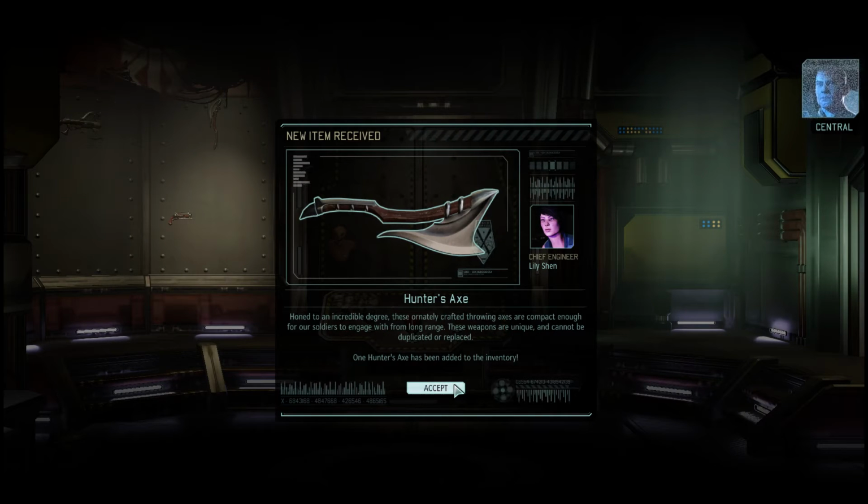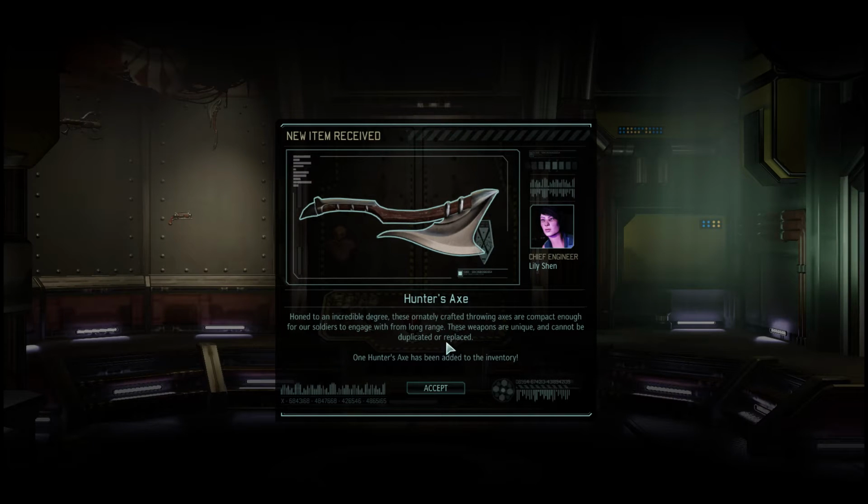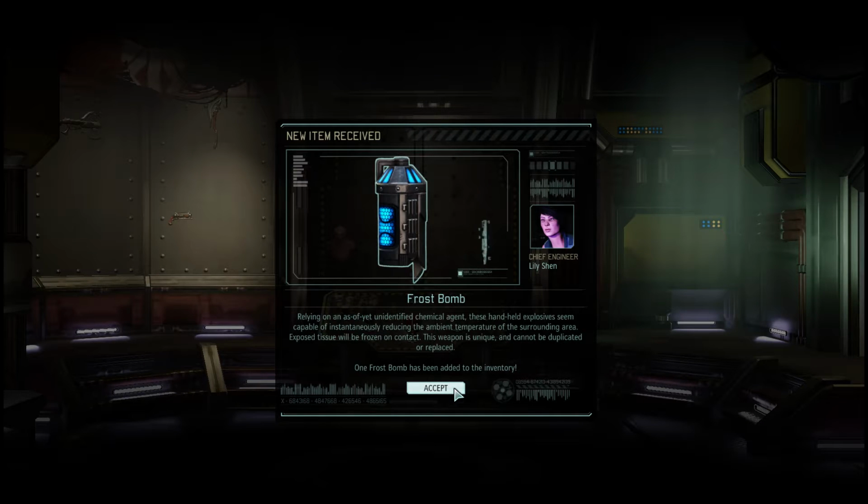The commander really is connected to the ones and a new axe. Using in their captains. Crafted throwing axes. Oh, they're throwing axes. And a frost grenade. Exposed tissue will be frozen on...